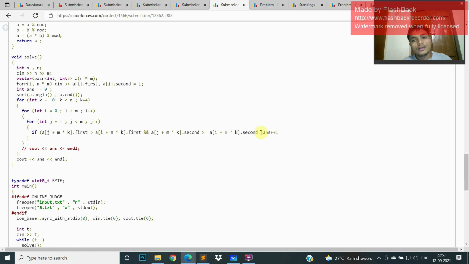Second, for a person who will sit and who is coming after him, it will create inconvenience if their value is also larger. If they have the same value, then it will not create inconvenience. We have to take this also. That's it.